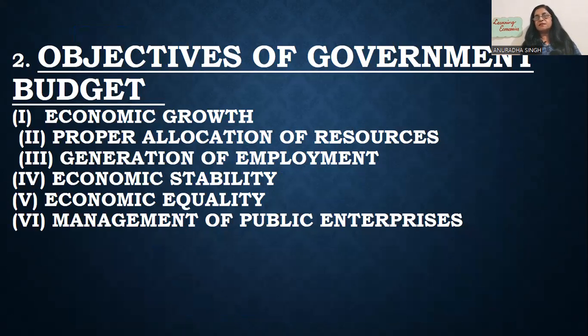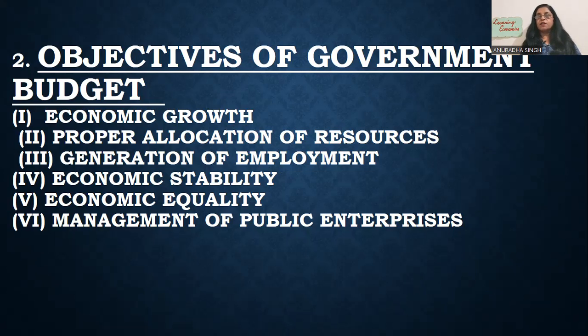And we make a budget for our family also. So you can learn from that we have only two main parts of a budget. First is how much income we are going to get, and second is how much expenditure we are going to make. So first, we should know the meaning. The meaning is that it is a financial planning made for an accounting year, in which we decide what will be our income and what will be our expenditure.